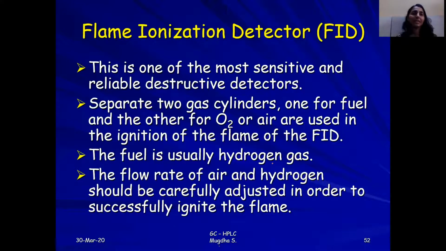What is exactly happening is that you are exciting the atoms in the sample by using the flame. Once they are excited, they will move to a higher energy level. When they come back to the lower energy level, they will give out radiations. And these radiations will directly tell us which sample is placed in the flame. But this one is a destructive type of detector, which is mentioned here clearly. That means if I want the sample to be used again, I will not be able to do that. Fuel is usually hydrogen.